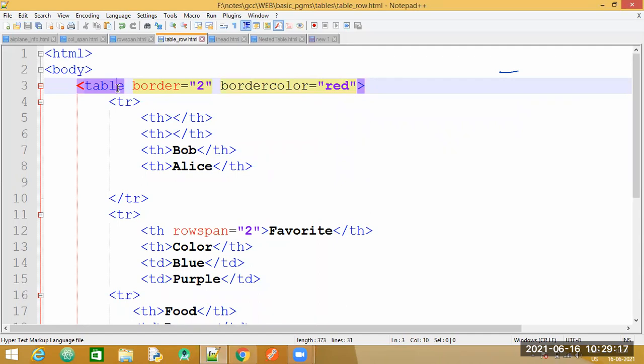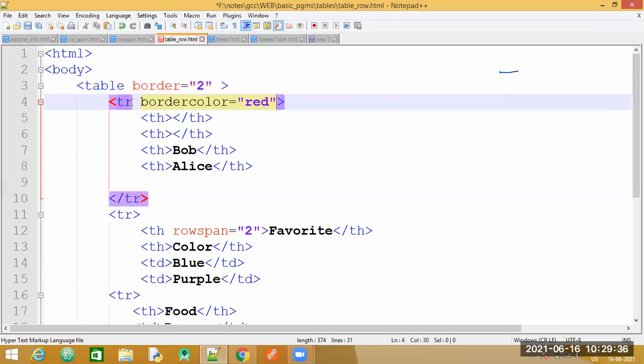Okay. Likewise, I'll cut this property and I'll try to implement it only for one particular row. Let us say we will implement it in the first row only. Let us see how the effects are.